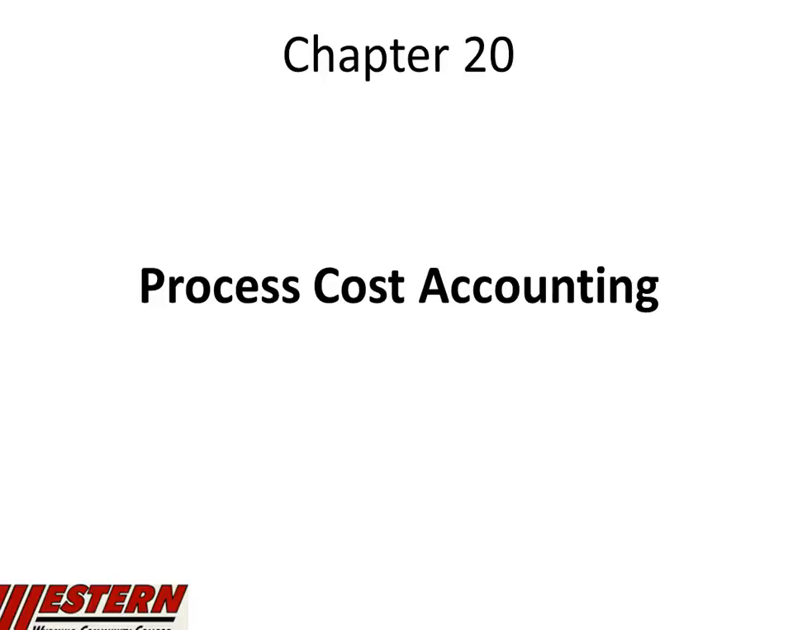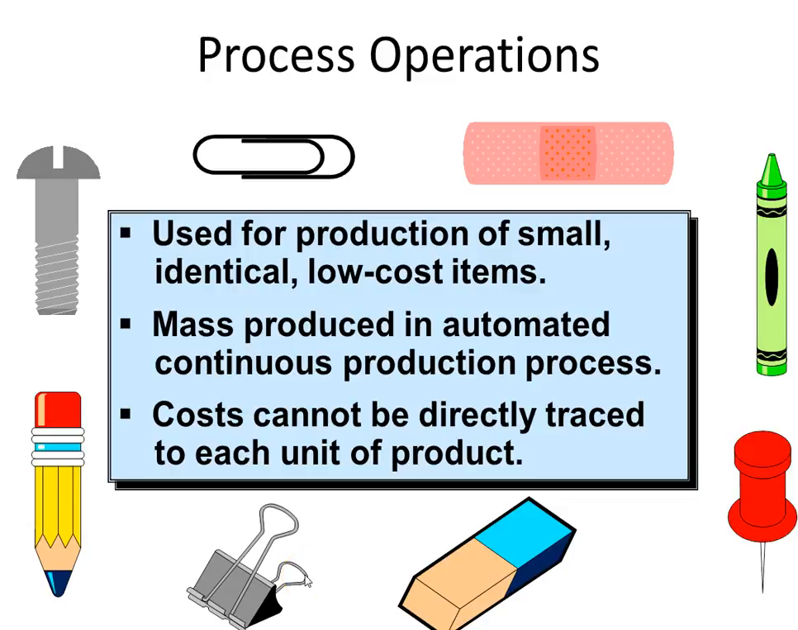Okay, Chapter 20, Process Cost Accounting. So, what is process cost? It's used in the production of small, identical, low-cost items or mass-produced items. A classic example would be Campbell's Soup making their soup, or a gasoline refinery, and so forth. There can also be small mechanical products like pencils that are just mass-produced, and all the products are the